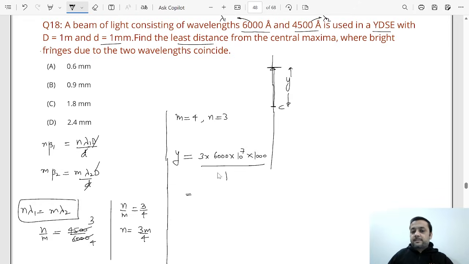So what does this become? I'm so sorry, this will be minus 7, not 7. From a lower unit we are going to a higher unit, so this will be minus 7, my bad. Now you can see that 6 times 3 is 18, and here you have 10 to the power 6, and this is 10 to the power minus 7, so this will become 10 to the power minus 1. That means 1.8 millimeters. So option C will be the correct answer. I hope you have understood. All right,